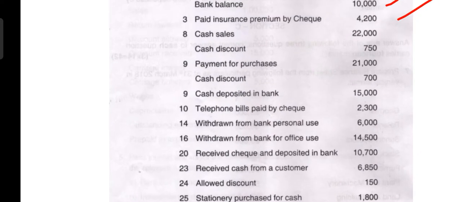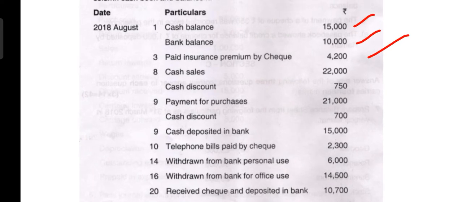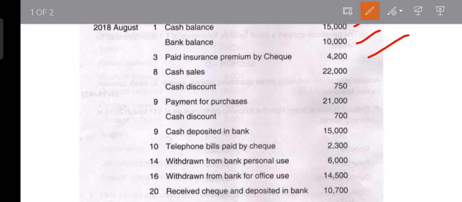Now come back to the transactions. The next transaction is happening on the 8th, that is cash sales of 22,000. In what form is the cash received? That is not given, either in the form of cash or in the form of check. So in that case, we need to consider cash only. We are receiving the cash, so go to the receipt side,